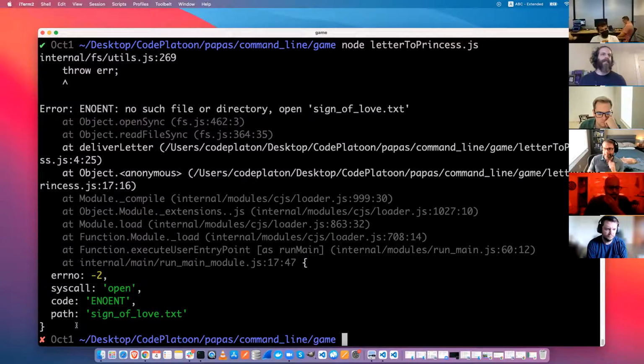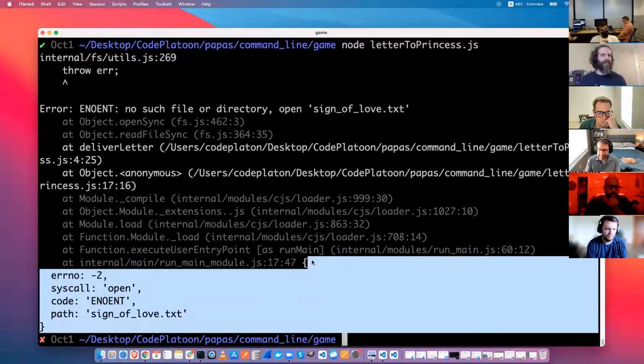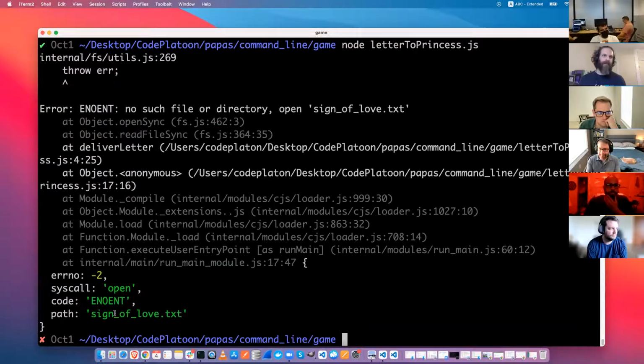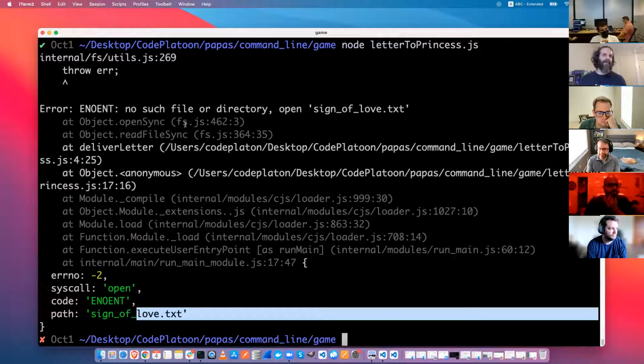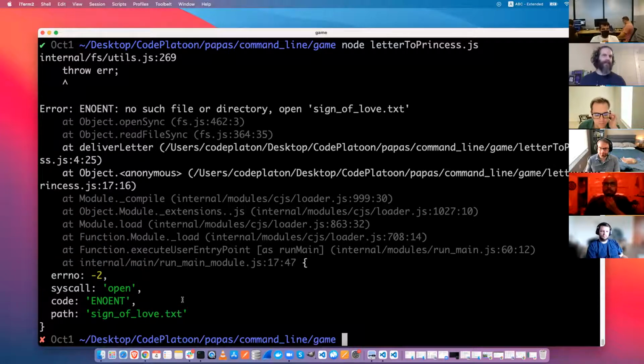Yeah, the stack can definitely be important, but for right now we're not going to worry about that. So good. You got an error, you read the error, you don't understand, or maybe even don't care about the entire message. You zero in on what's important, which in this case is that it's trying to open something and it can't.